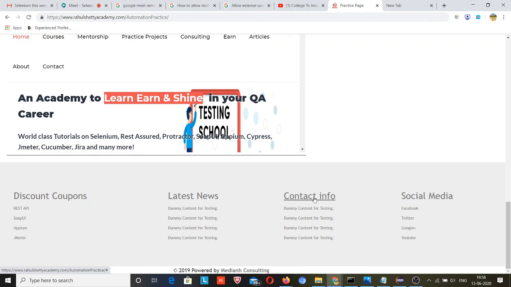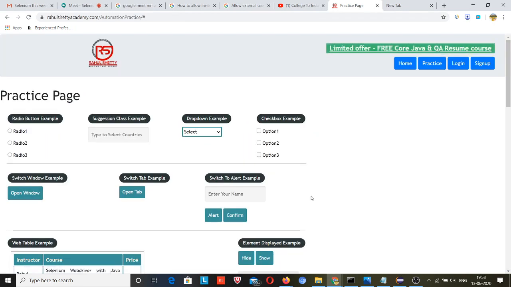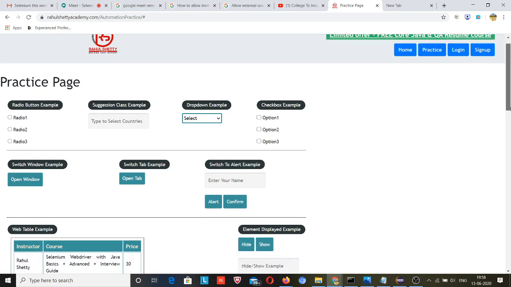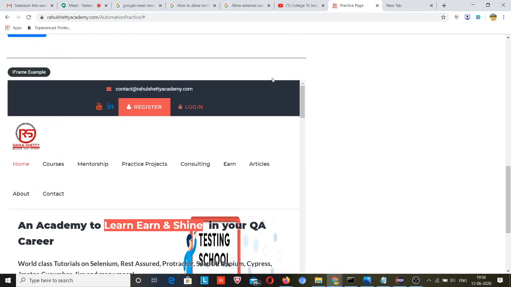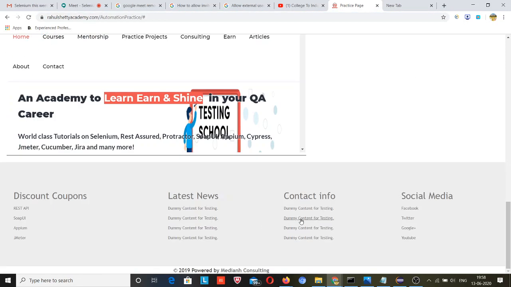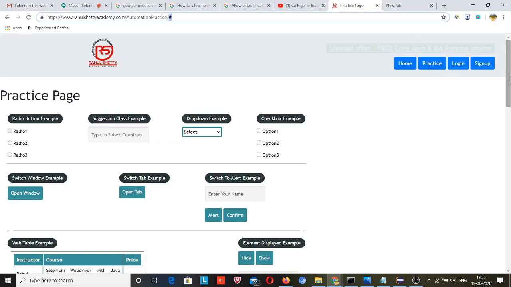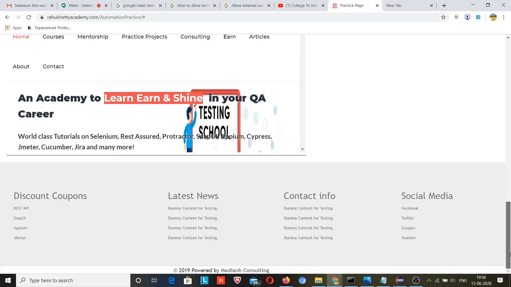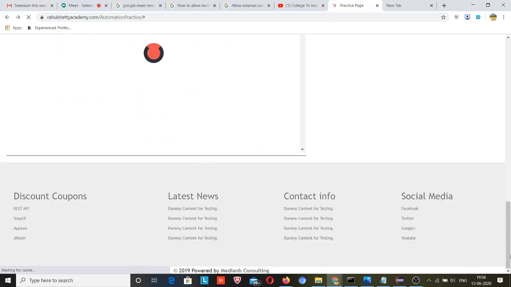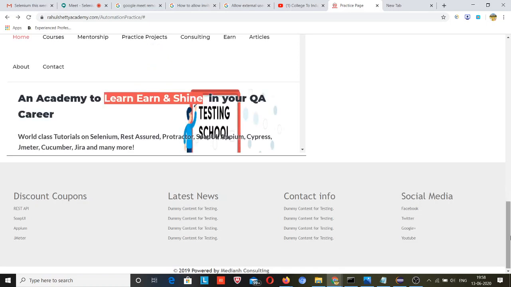Okay, so this is also a link, but this link doesn't have any URL, that's why when I clicked over here nothing happened. So let me check whether this link is working. Dummy content. So this link doesn't have a URL either. Okay, SOAP UI. So this link has a URL, so we can go with this link, just for making sure that I am covering all the locators.